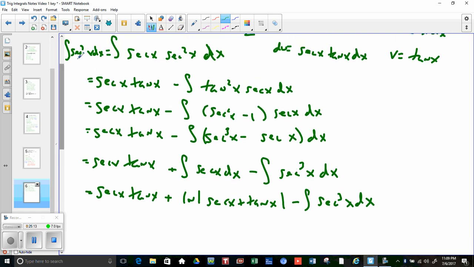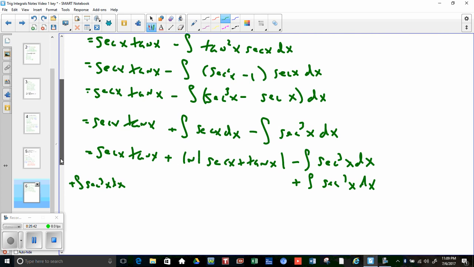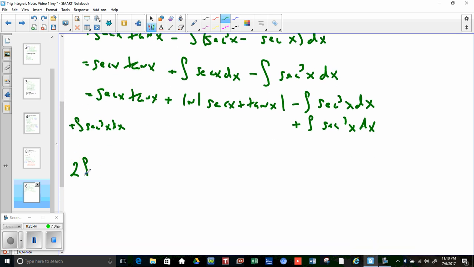What you should see is that I have the integral of secant cubed x dx equals all this minus an integral of secant cubed x dx. So what if I were to add this to both sides of this equal sign? Well, that's going to give me two of these integral of secant cubed x's on the left. So really what I get is 2 integral secant cubed x dx equals all of this, secant x tangent x